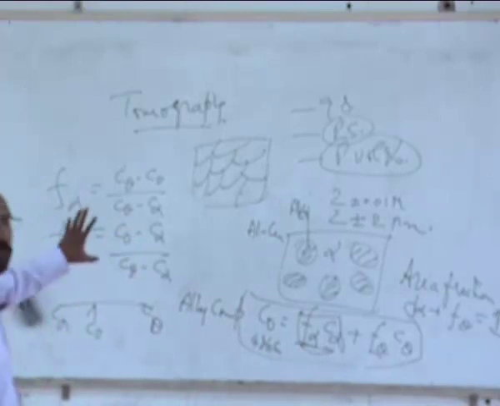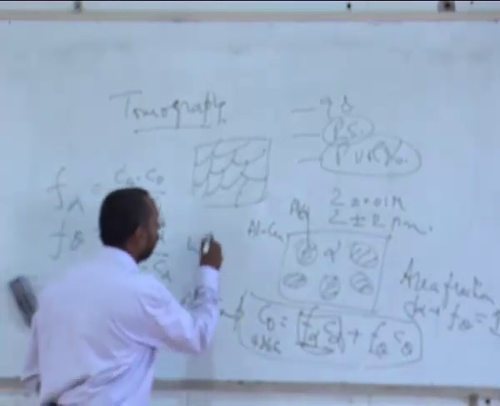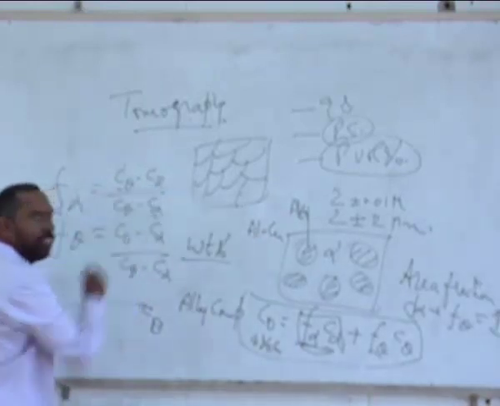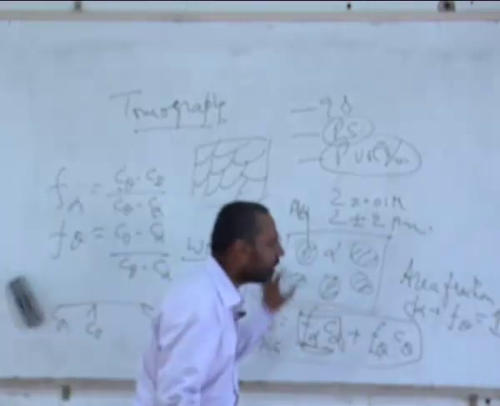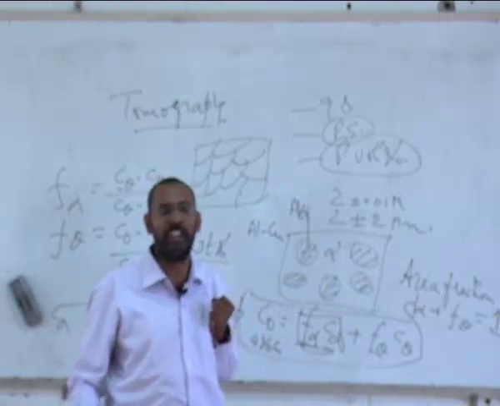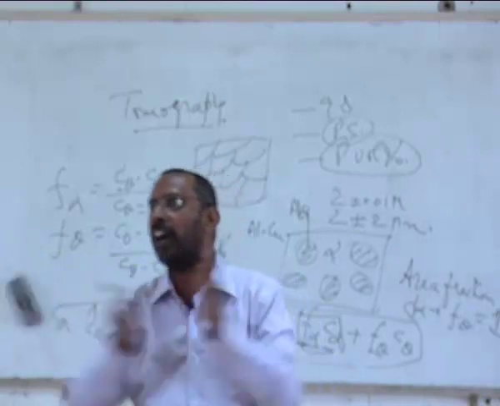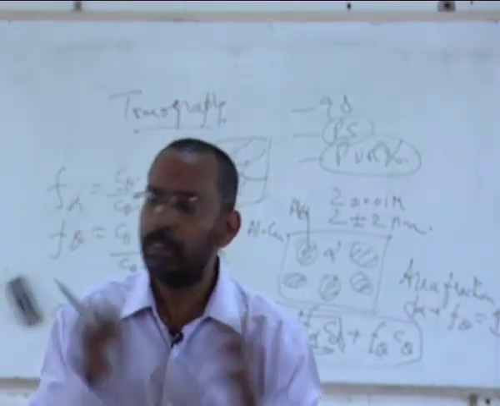And the amounts that you find out, F alpha and F theta, are actually weight fractions, weight percentage. Why weight percent? Because C naught, C theta, C alpha are all weight percentages, and as a result, the fraction that I am calculating is also weight percent. And this weight percent is different from what I am seeing in the microstructure. In a microstructure, I am only seeing area percent, and the area percent can be converted into volume percent. Volume percent and weight percent are two different things, but we can connect these two. We will talk about this next.